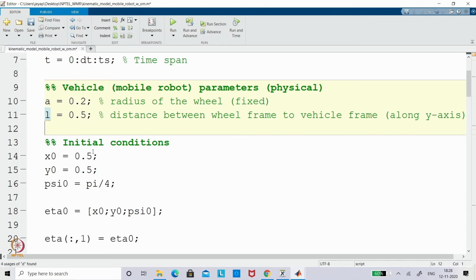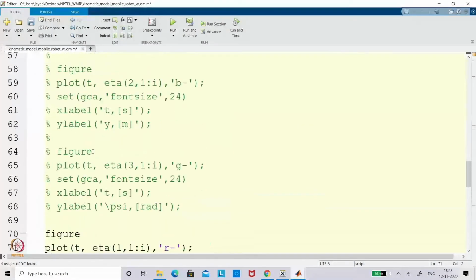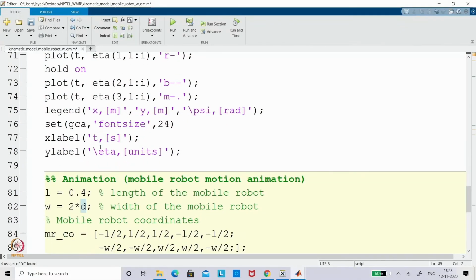So in the sense I call it here, this L, I will put it as 2 times L just for simplicity. Okay, here also I have given L, right. So I will put this is length, or I put L. So here that is fine. So the same L, you can take it as, there I will change it. That is actually the easiest. So I will just change it as the wheel configuration.